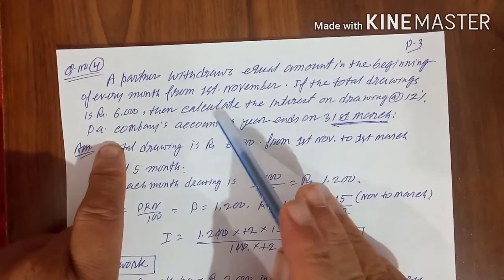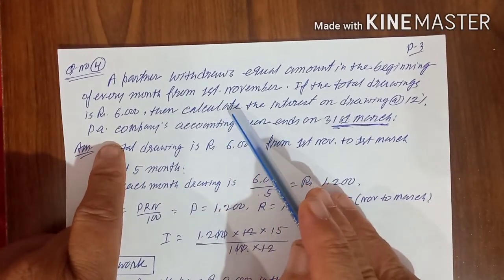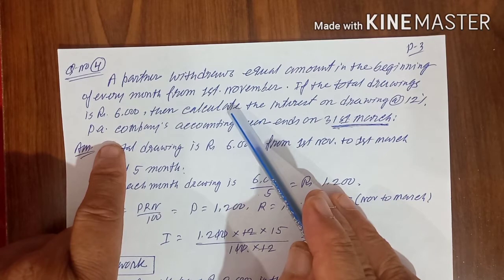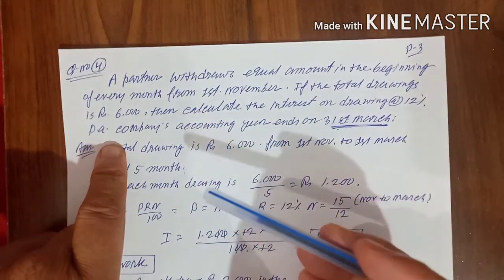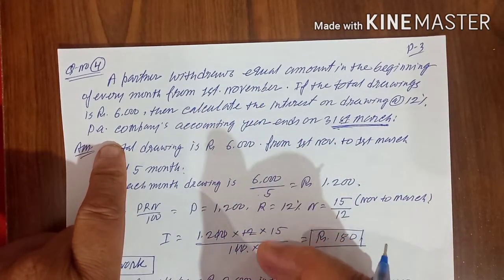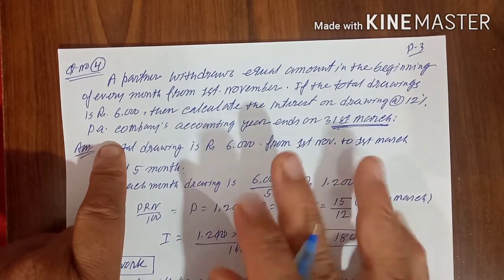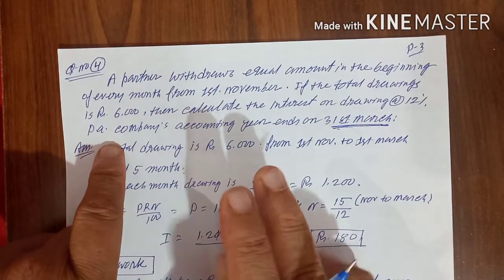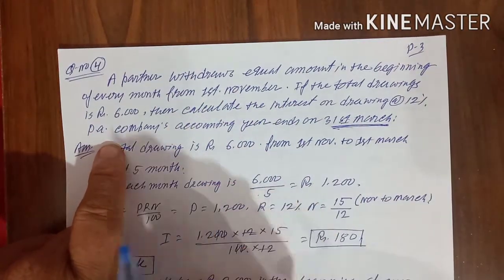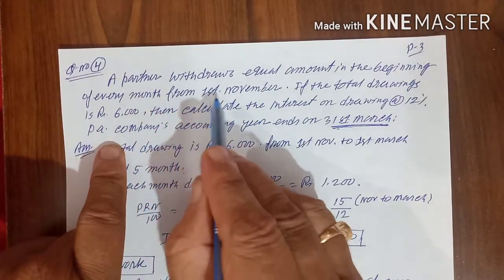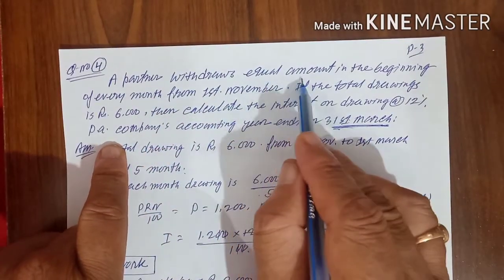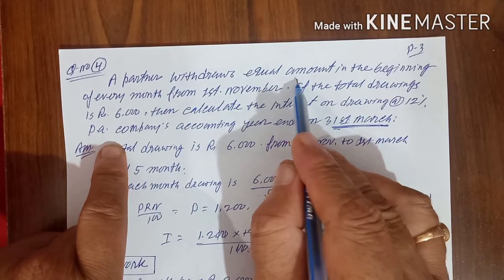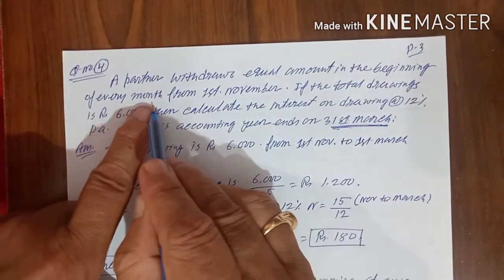How to calculate the interest on drawing, all of you know, beginning, end, middle, but that is very simple. 78 by 12, 66 by 12, 72 by 12. These three things only you know. But I want to change something. Where have I changed? A partner withdrawal equal amount. That means every month a certain amount is fixed, in the beginning of every month,